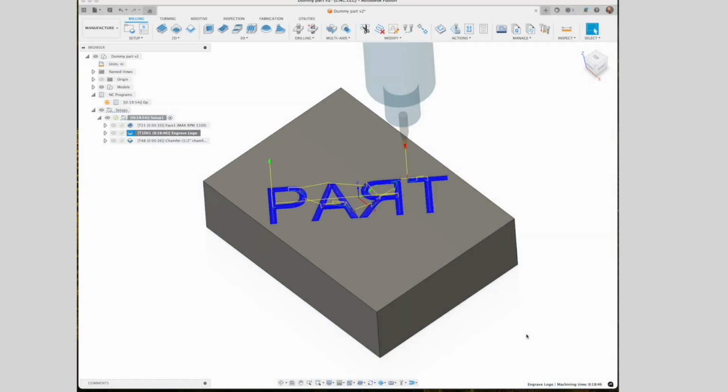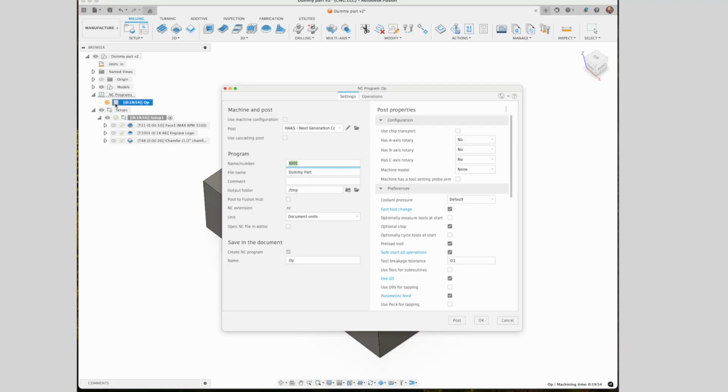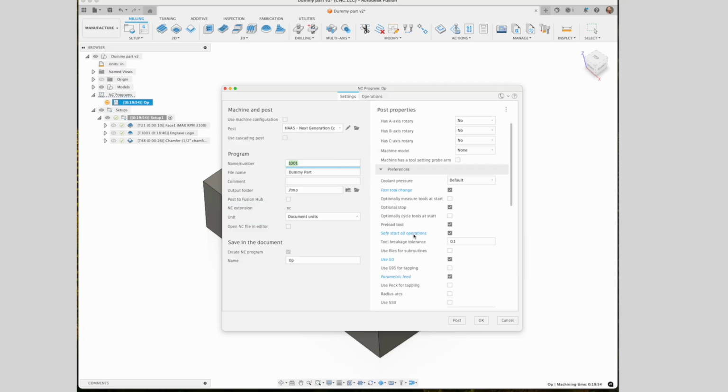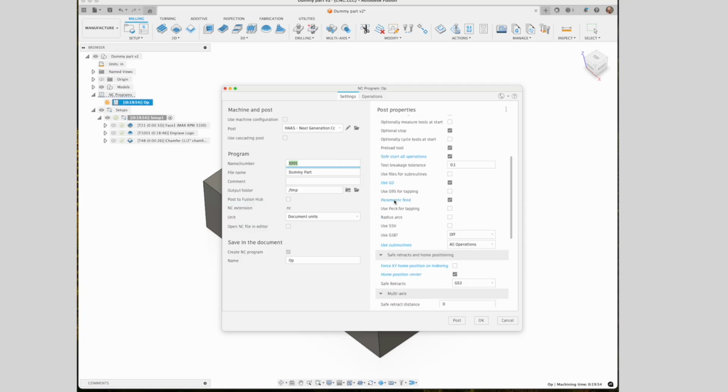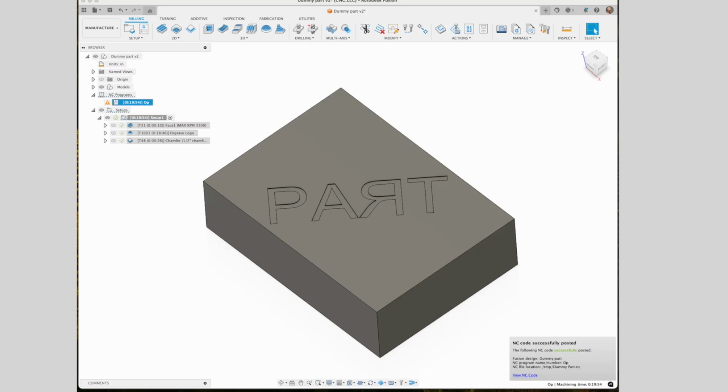Later on, we'll want to make this work with consecutive operations that use the same tool, as well as the manual NC break detection cycle. When setting up NC programs, I like to set Use subroutines to all operations, enable Safe Start, and use parametric feeds. This makes the initial part of the program more like a table of contents, so it's easy to restart a program at some particular operation.